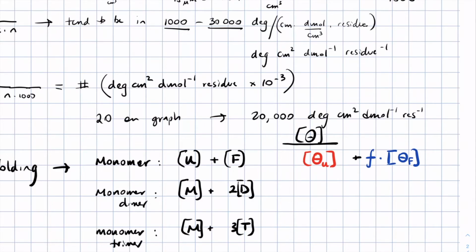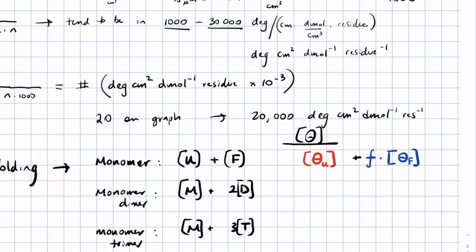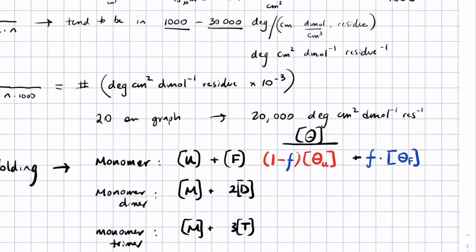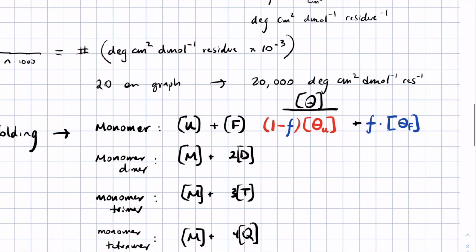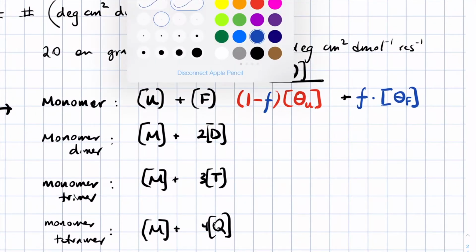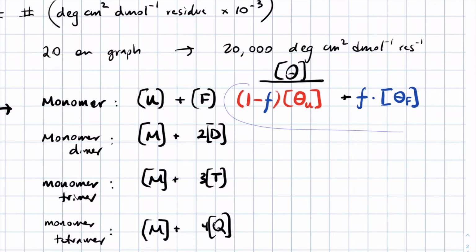We can make this a little simpler because of the two-state folding, if you know the folded fraction, you also know the unfolded fraction. And we can do this for any of the monomer, dimer, monomer, trimer systems that we've talked about so far. That is,